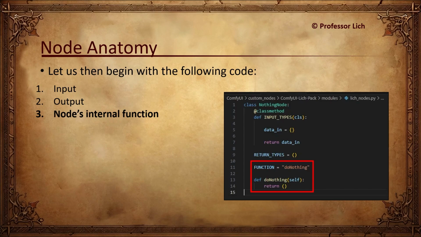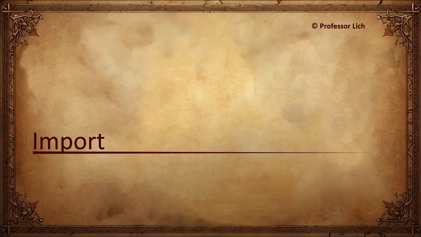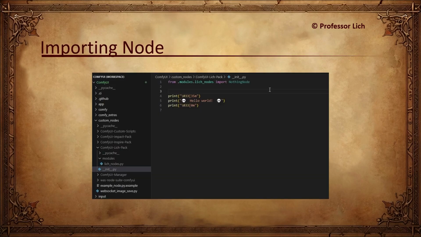So let's try to import this node into the workspace, because just having it sitting there is not going to work. It needs to be imported. So in order to do that, we need to go back to that init file we created prior and use the words from and import in the manner shown here. Notice how the nothing node is slightly faded green compared to the green to its left.